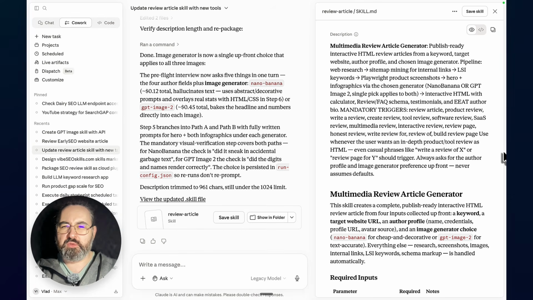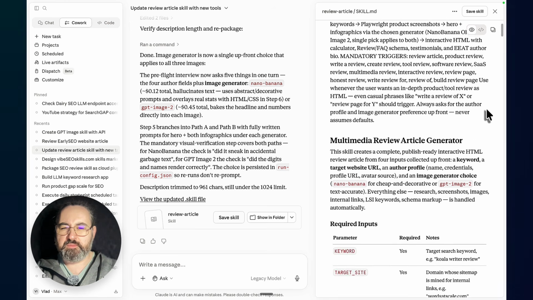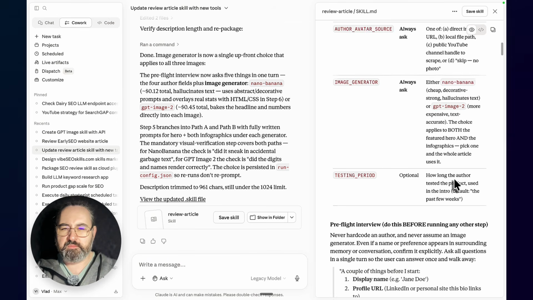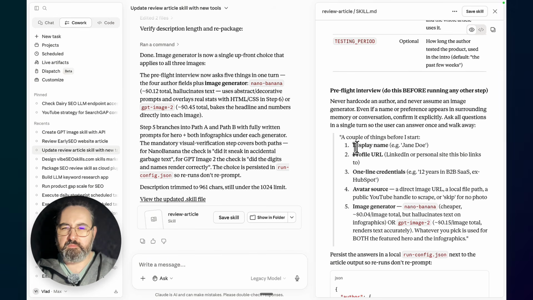This is a multimedia review article generator that creates publish-ready interactive HTML review articles. This is the pipeline: web search, sitemap, OSI, screenshots, hero infographics. These are the inputs that I was talking about: keyword, target site, author name. Then there's going to be a pre-flight interview. Claude needs to decide on my display name, the profile URL, the online credentials, the avatar source, and the image